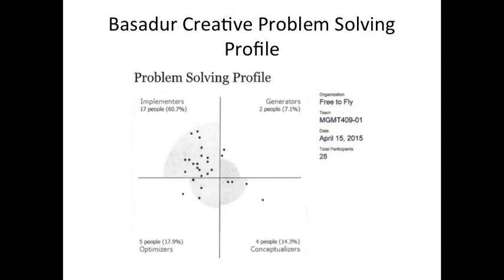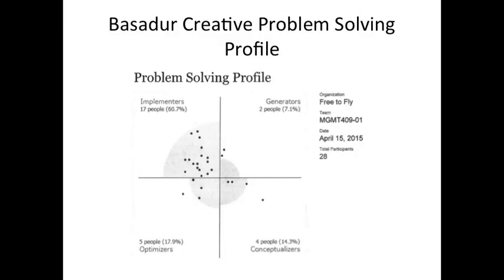And from this, we're able to generate a plot such as this. And this is a plot of the entire class. After all, within the class, there's going to be all sorts of different types of problem solvers. There's going to be the generators, the people who create these ideas, who come up with things out of the blue. The conceptualizers, the ones who form connections and figure out how to define the problem. And then there's the optimizers, the ones who ultimately choose the best course of action.